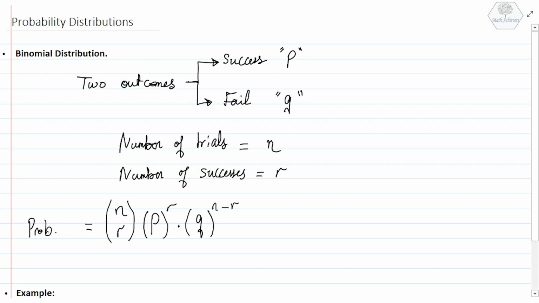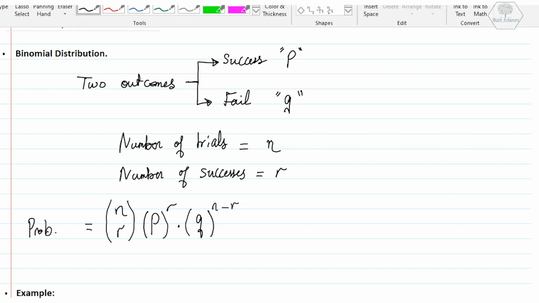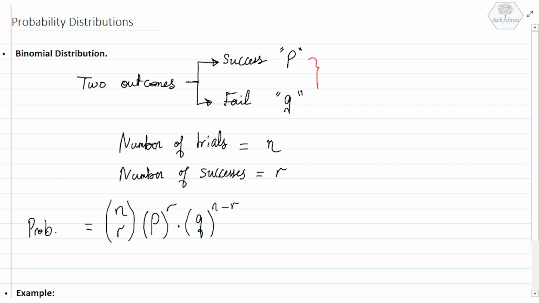You don't have to panic because we can use our graphical display calculator and it makes the whole process easier for us. P and Q, since they are probabilities,